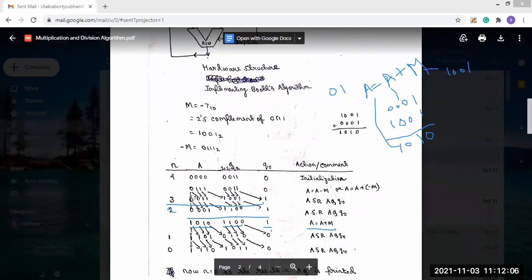Here it is 0, that's why 0 is presented here. 0 is also presented here. And in this case also, here it is 0, so 0 is here and 0 is there. Here it is 1, so 1 is shifted, and this 1 is again restored. So it will become 1101 0110, and this 0 is shifted here. So Q0 becomes 0 now, and n equal to n minus 1. So n value is previously 2, so 2 minus 1, it becomes 1 now.